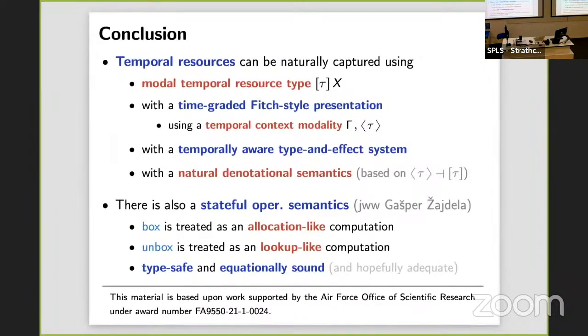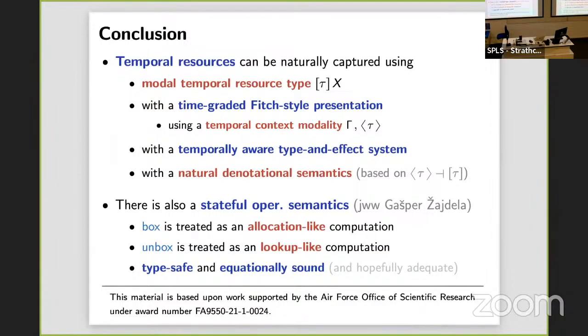So it was a fairly brief overview of what's happening in this work. If you want to know more, then do come and chat. One thing that I didn't have time to discuss in this talk is a very recent and ongoing work with Kasper, where we're also looking at an operational semantics in this language. In particular, we didn't want to just turn our equational theory into directed rewrite rules, but we wanted something that takes time